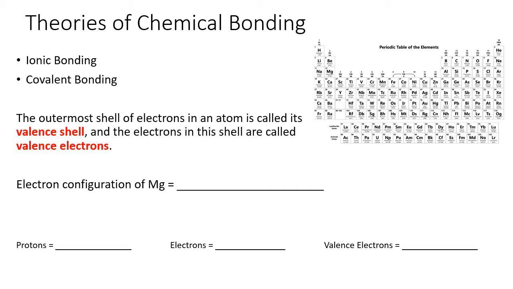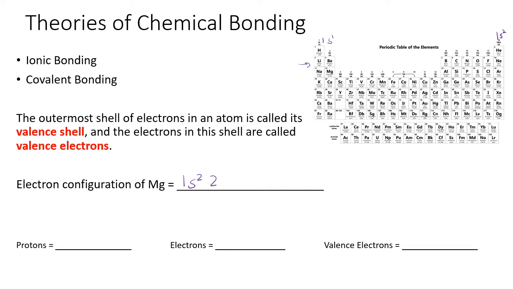We would start in period 1, column 1. So we would have 1s1, and then over here at helium we would have 1s2, and then those two first electrons would have filled our 1s orbital. So we can write down 1s2, and then moving to period number 2 now, so row 2, lithium and beryllium